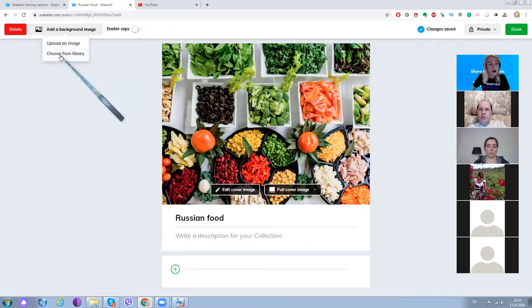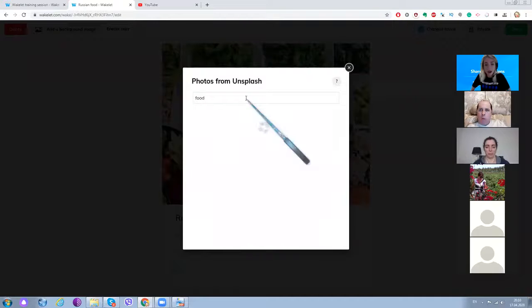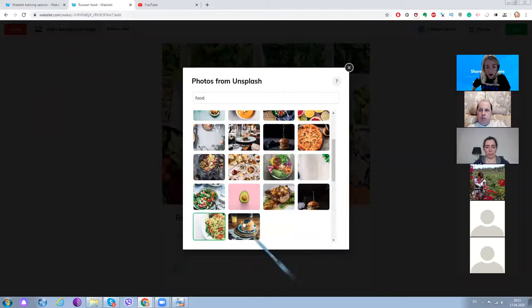And also you can add a background image. A background image is a huge image behind. So we can again choose from the library, because I don't want to show you the process of uploading from my computer. It's nothing interesting, it's boring. So let's work with Wakelet only. And here's the keyword, food again. So we can